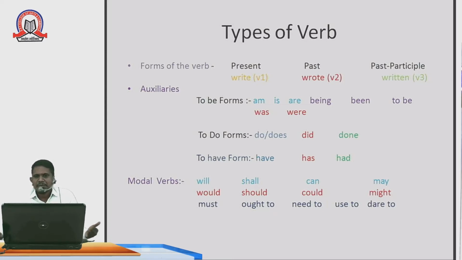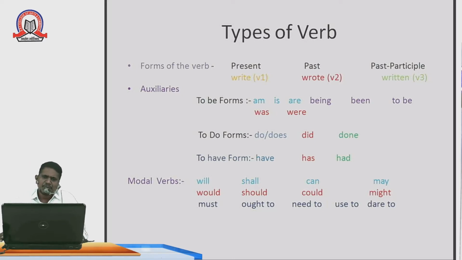So being and being, how can we use it here? He is writing a poem. A poem is being written by him. I am using here being, B-E-I-N-G, for this purpose. Also being we can use for possessiveness. Being a professor, he is very intelligent. Being a professor, what is the possessiveness here? He is a professor. For this purpose we can use being.